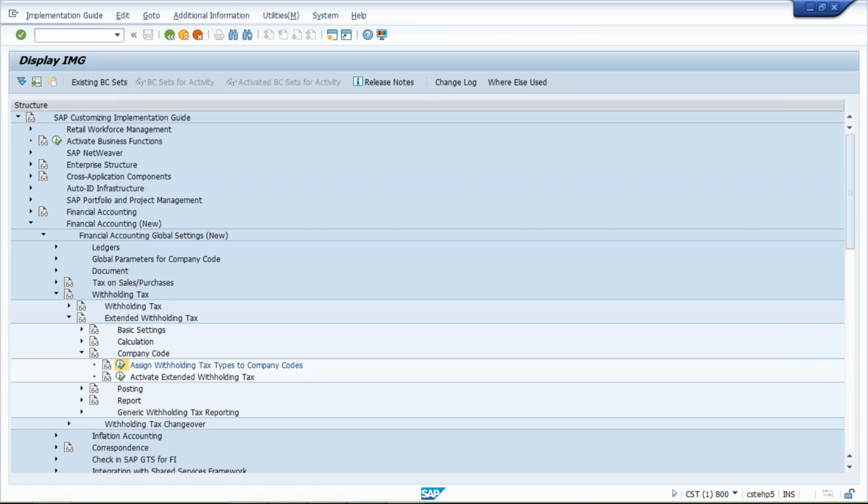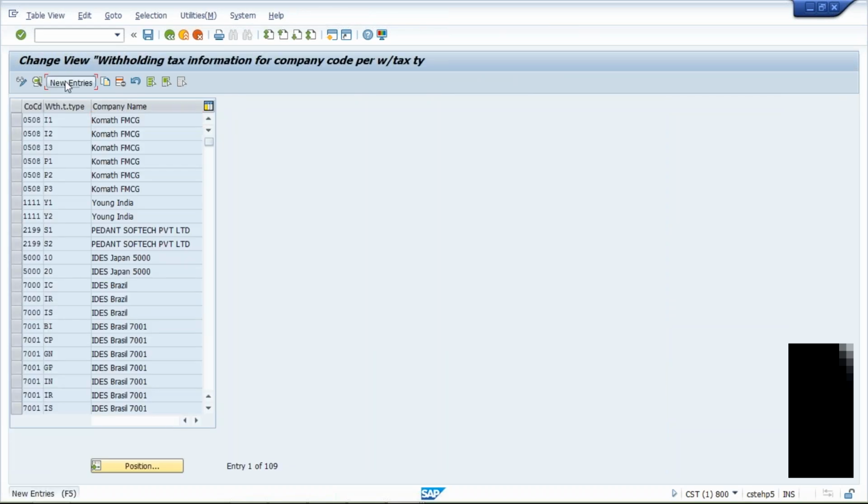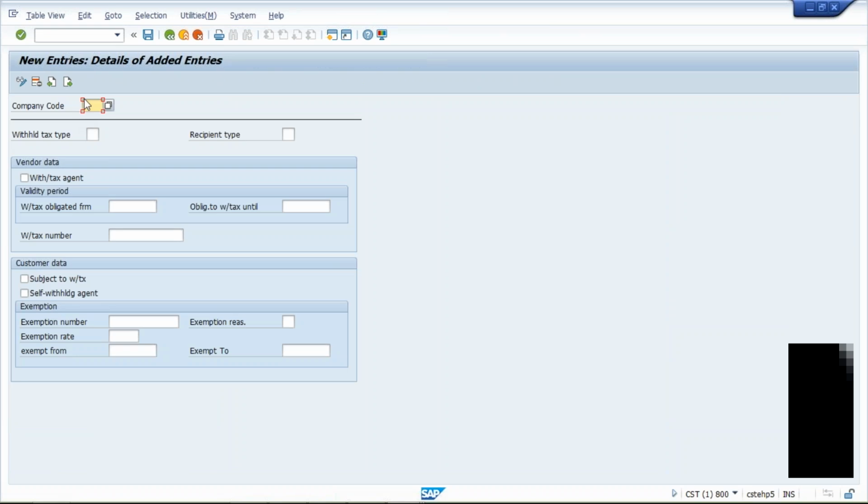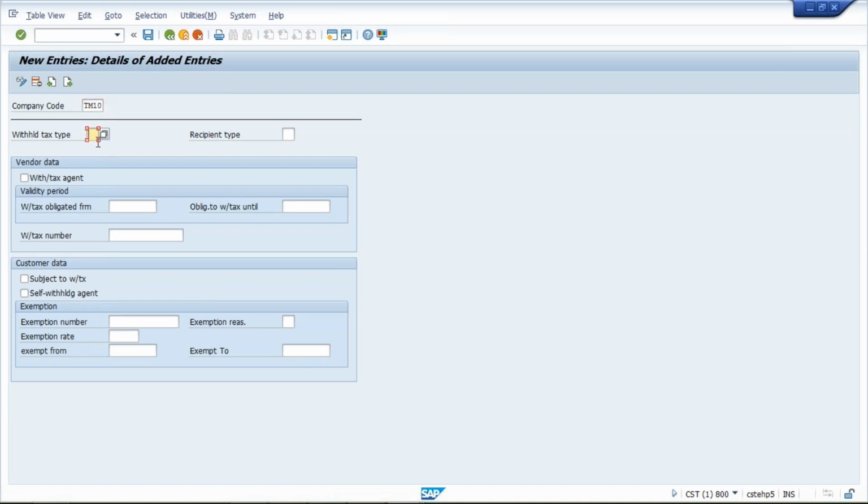Whatever tax type we have created, click on new entry. First give your company code here, TM10. Then your tax type, that is TM itself. Apply a check mark here, and the validity for this tax type will always be starting till the last. Press enter and save it.